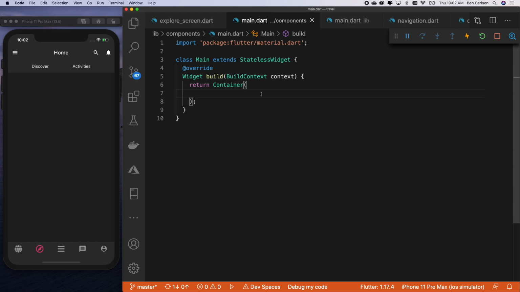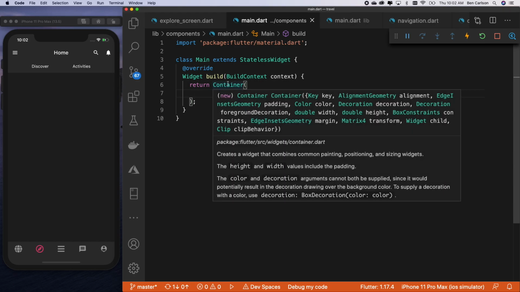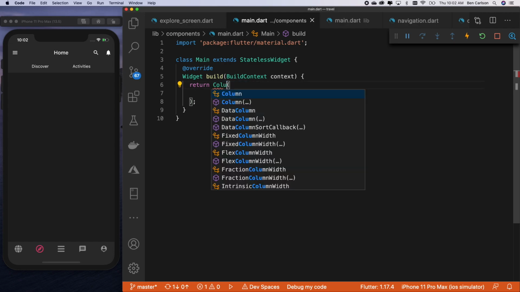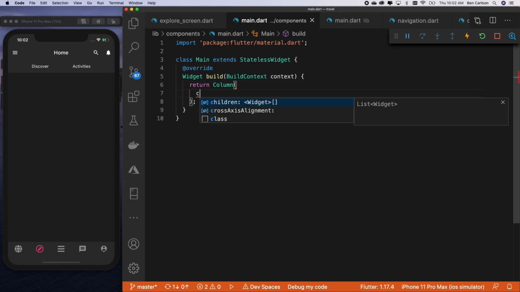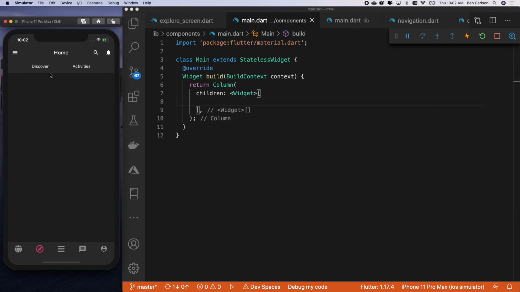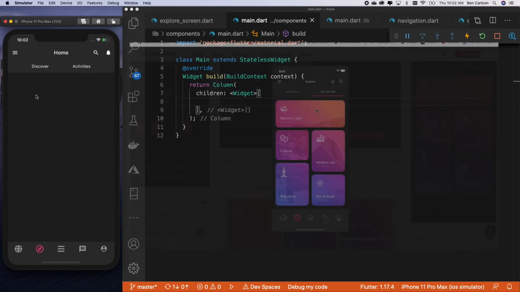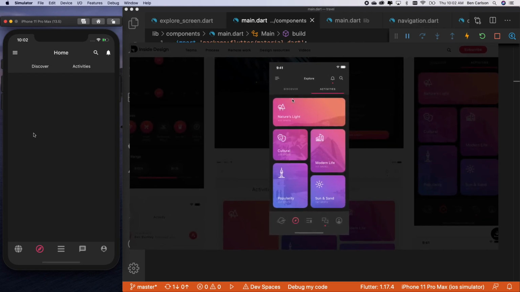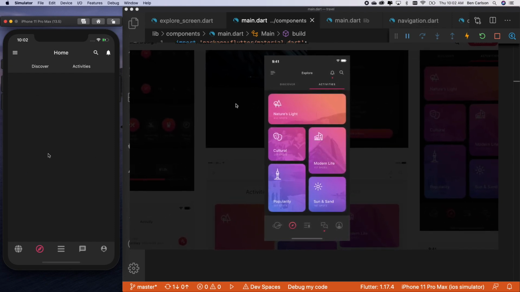So let's start by defining a column. Instead of returning this container, let's return a column. And then we need the children widgets, just like that. Now inside of here, we can structure in Dart and Flutter by using a mixture of rows and columns. So you'll notice we're going to put a row here, and then we're going to put another row here with